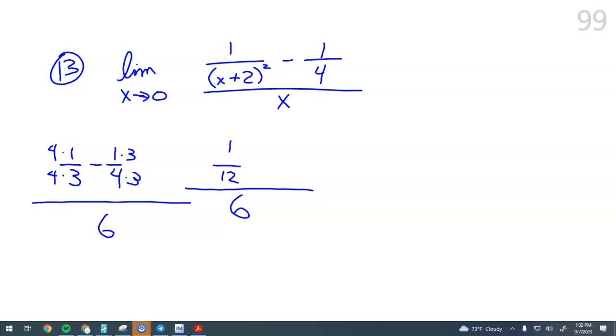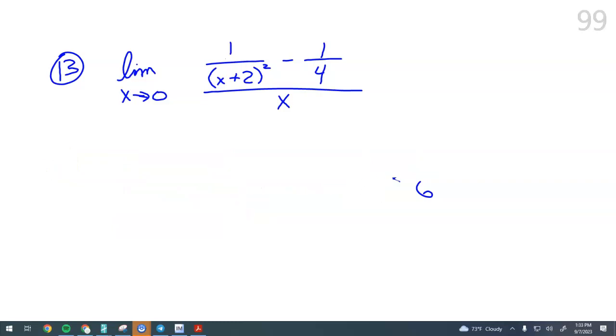Okay? And then my next thing is I would say, well, I don't divide fractions. I flip over the divisor and multiply. So 1/12 divided by 6 is the same as 1/12 times 1/6. Then I would get my answer. Fair enough there? So we're going to apply that same idea